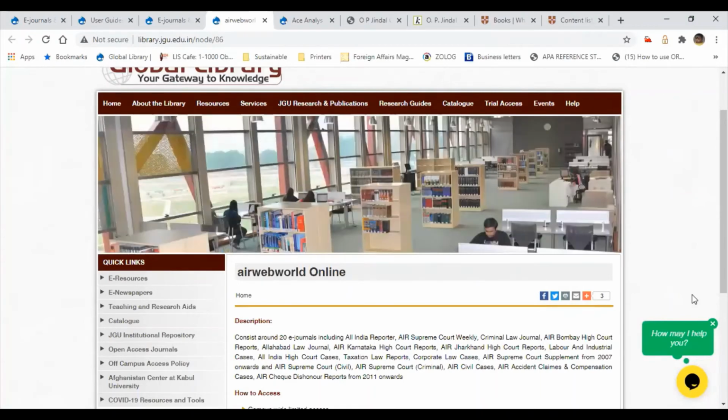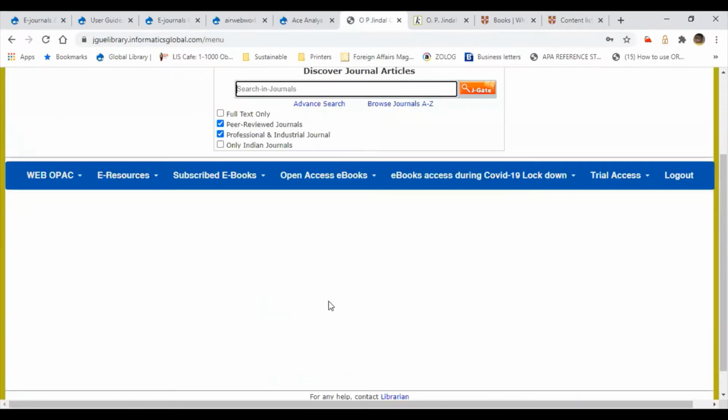Carry on. Okay, so we are discussing JGet. If you know the article and you don't know anything about the journal, whether it's subscribed by us or not, you just have to search through here.